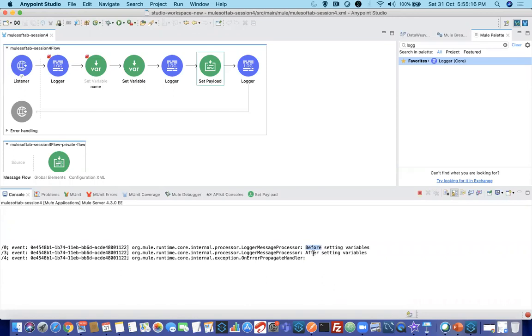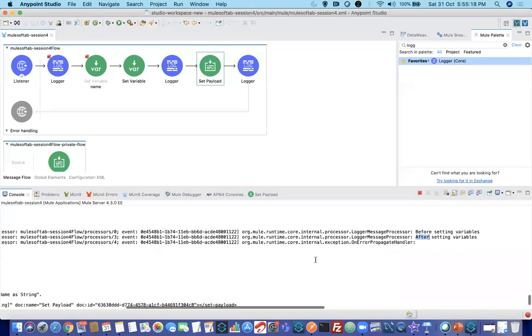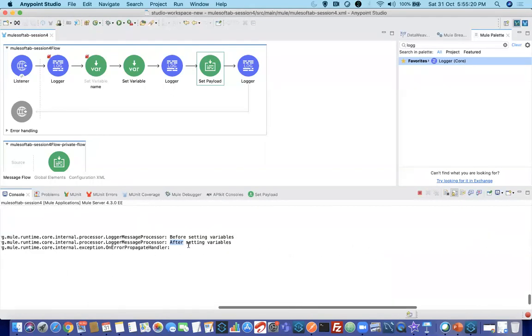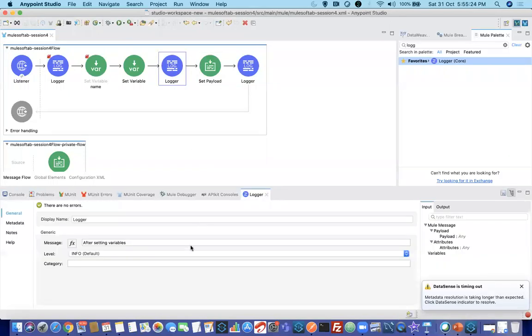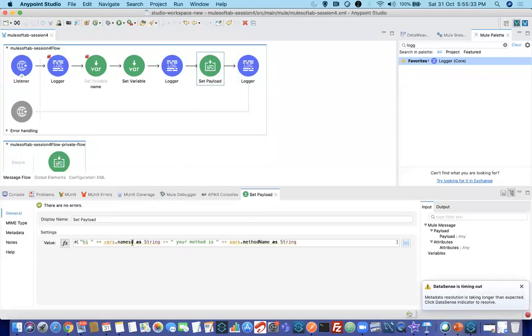Okay, before setting variables, after setting variables, the error is coming here, like after setting variables, right? So then I'll see where I am printing that log after setting variables. Okay, this is printed, but the error has come. This is not printed, right? Successfully is not printed. So definitely this error has occurred here somewhere. Then I will go and rectify it.